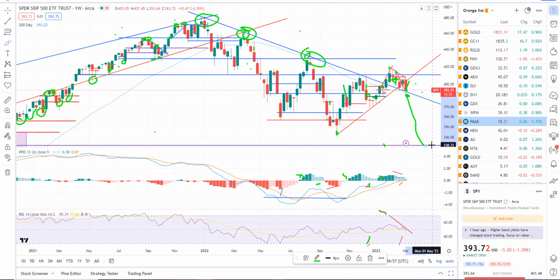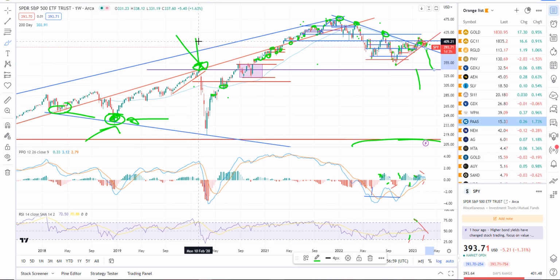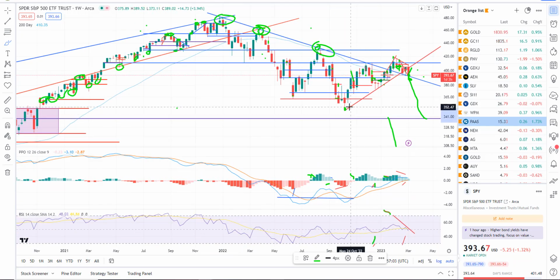338, 339, somewhere right in there. That is your pre-COVID highs right here on the SPY. And we have never hit that yet. They stepped in a little early and rallied it up. So I think a wave of selling down to that 338, 339 area would make sense for